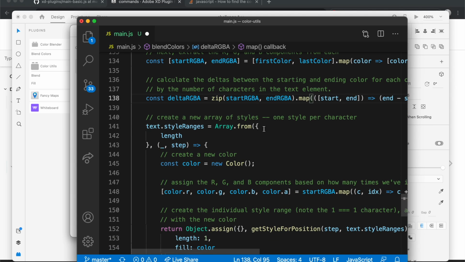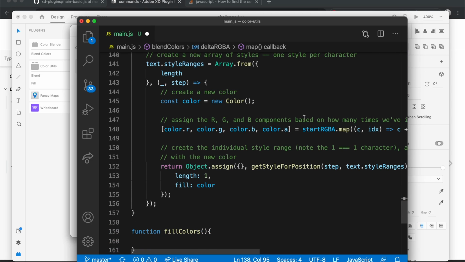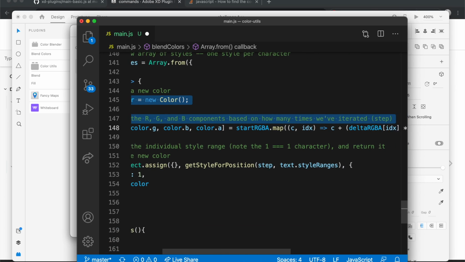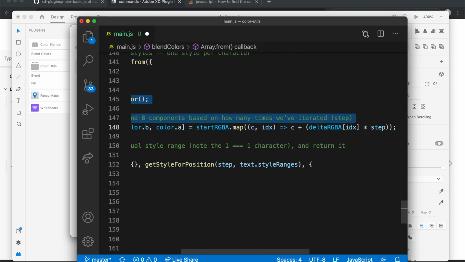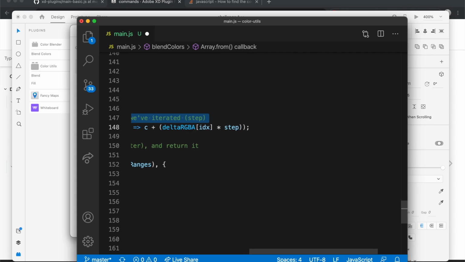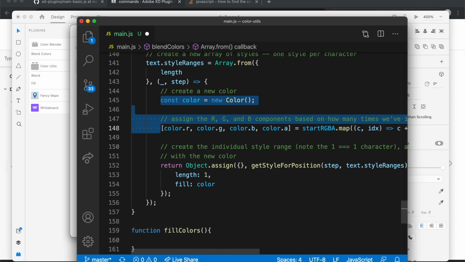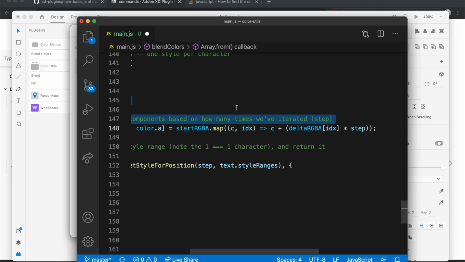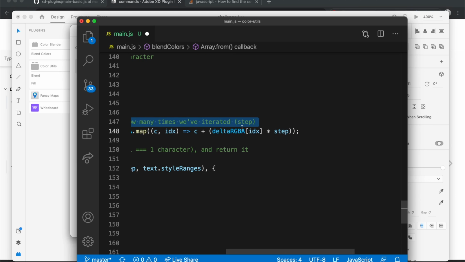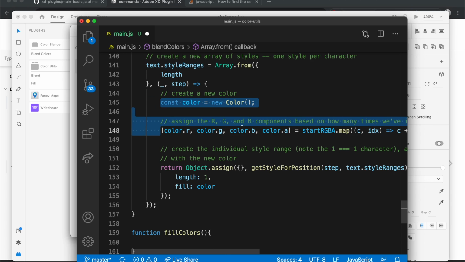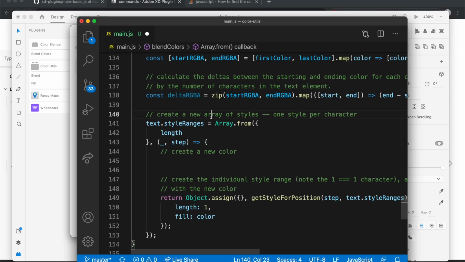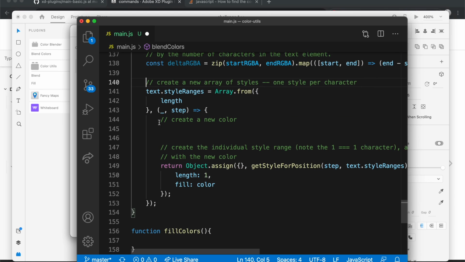let's see, create a new array of styles, one for each character. We don't really want to do that. We just want to grab this color here. So assign RGBA components based on how many iterated steps we've taken. This is going to be strange. What is IDX? Oh, IDX is in here. Time step. Okay. I think that will give us the new color. So let's see, what we want to get is